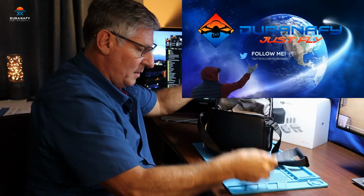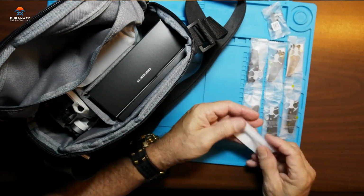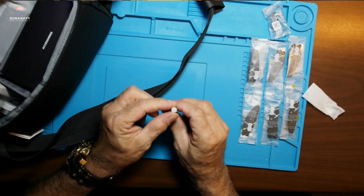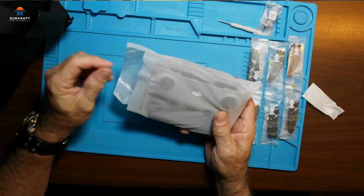Got a zipper here. What's in here? 3 sets of props, screwdriver. The controller. This is the Air 2 controller. It's got the cinema, normal, and sports mode. And right here, you stow away your controller sticks,